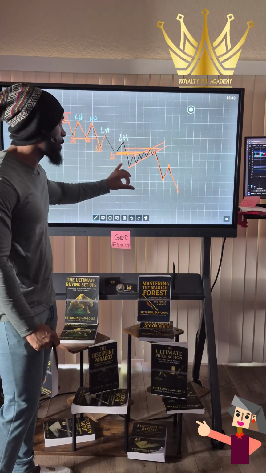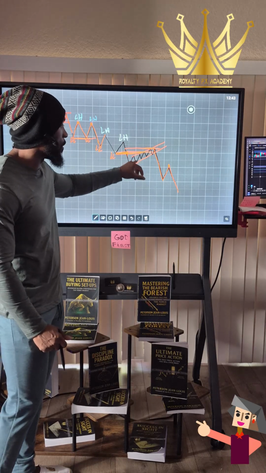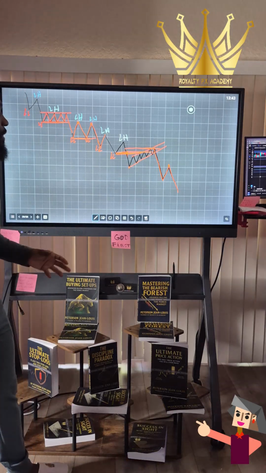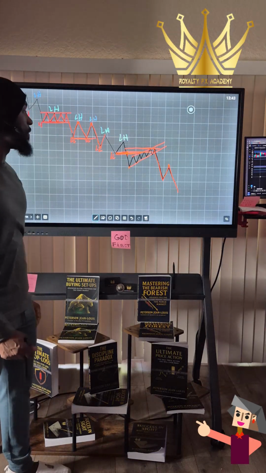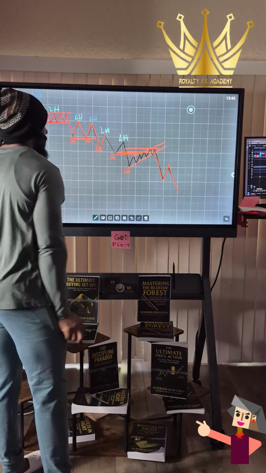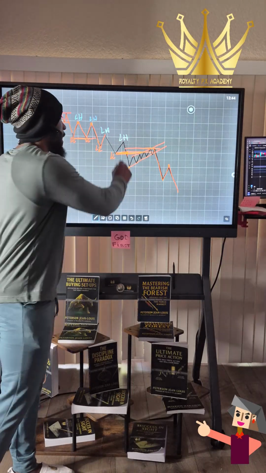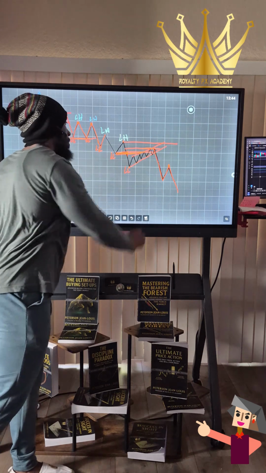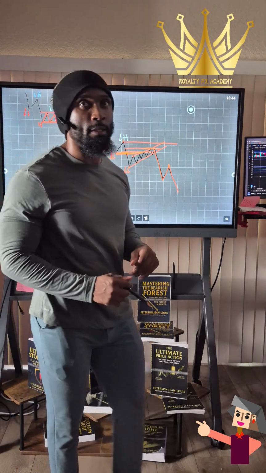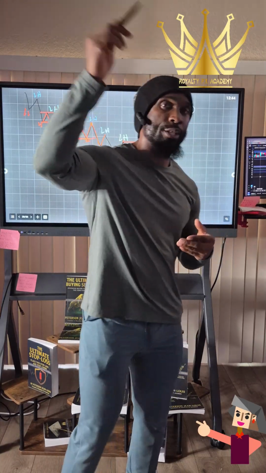Now, can the market give you a small break and retest, a small lower high break to go up? Yes, it can. But when we're looking at previous low and previous high, this is the previous high and this is the new low. So we're looking at this right here to get broken. We look at this to get broken. It did not. It's just a deeper pullback, a deeper retracement.